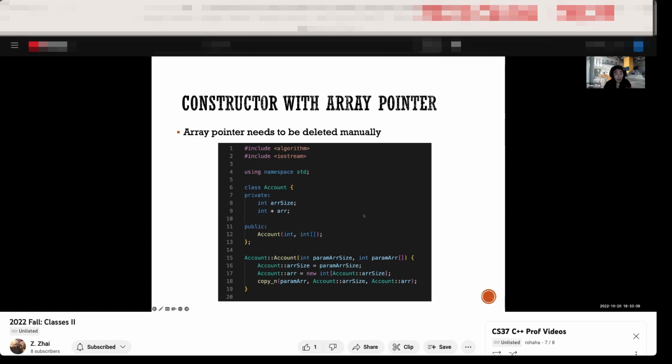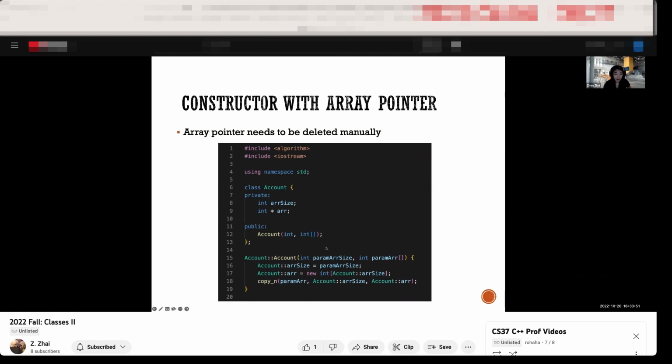The other thing is, if you don't want to use a flexible array member, that's fine. You can use a pointer, right? We are also very familiar with pointers, having used them in C and early on in C++. If you use a pointer, you don't have to follow the rule that it has to be last. But because you are using a pointer as a member of a class, you actually need to manually delete that pointer. For example, over here, where you have a pointer which is an array,